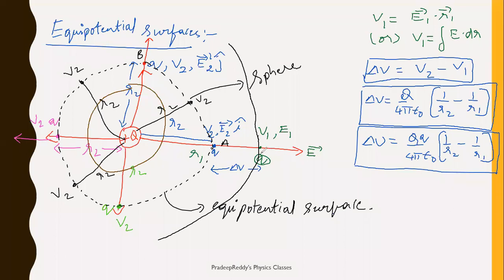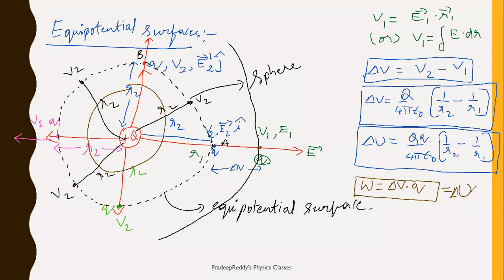Now, one important conclusion you need to draw from this equipotential surface: let me consider this potential as V1, this potential as V2. We have already denoted it. In order to bring the point charge from position R1 to position R2, you need to spend some energy. You need to do some work. That work done W is equal to delta V into test charge Q. This is the relation by which you calculate work done, and delta V is the potential difference between two points. That is equal to work done.